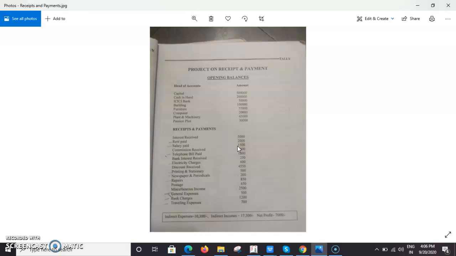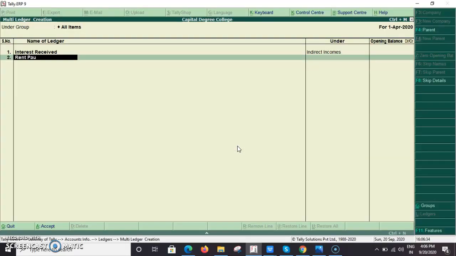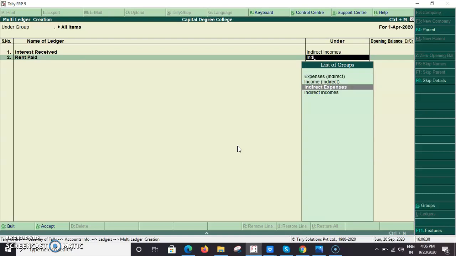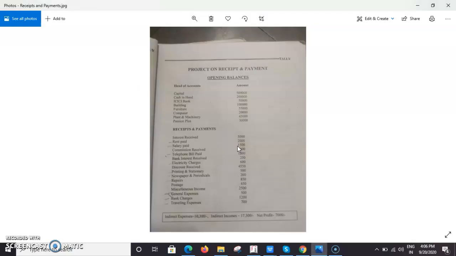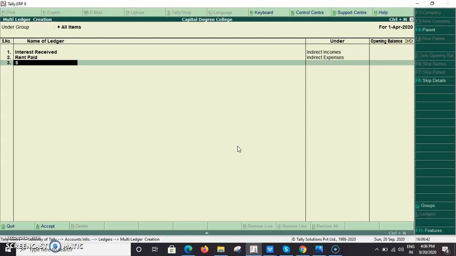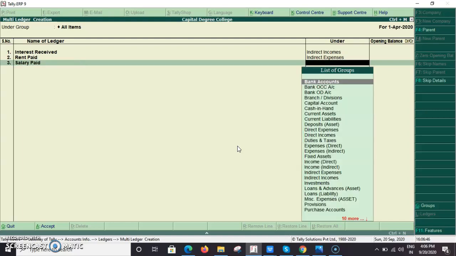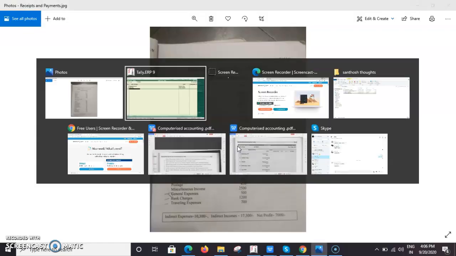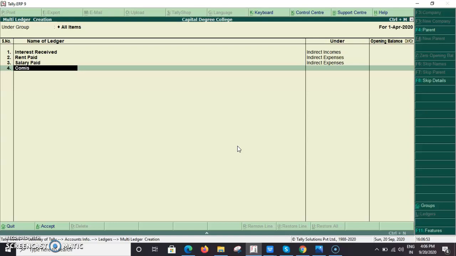Next, rent paid, 2,000. Rent paid comes under indirect expenses. So indirect expenses completed. Salary paid, salary paid is also indirect expenses. Next, commission received, indirect income.